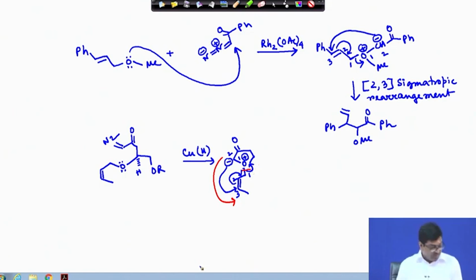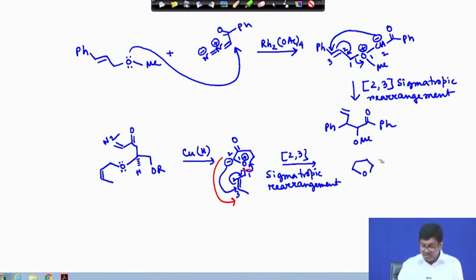So, finally, the 2,3 sigmatropic rearranged product will form here also, to provide the key intermediate of the natural product gambieric acid. Okay. So, this is the major product